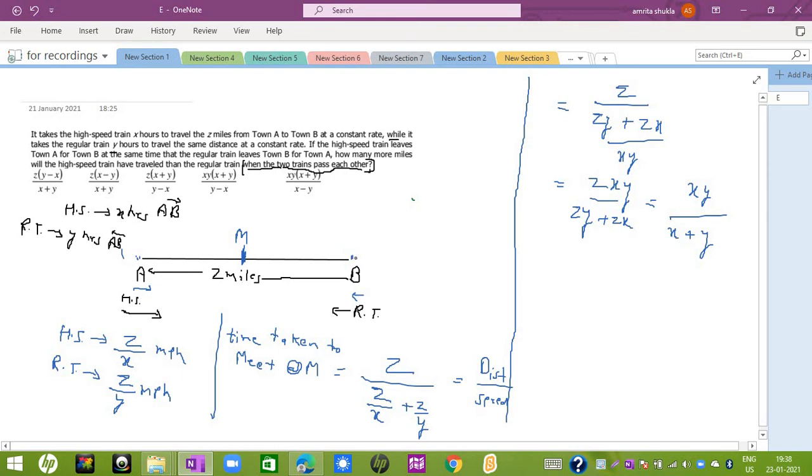Now what is asked in the question? The question asks how many more miles the high speed train will have traveled than the regular train, because the high speed train's speed is more. So this is the time taken by each of them to travel up to M, the point where they pass each other. So how many miles would the high speed train have covered by then? The distance covered by the high speed train